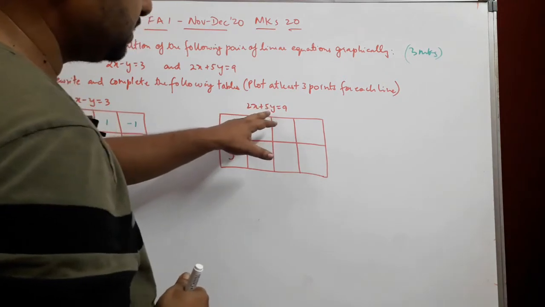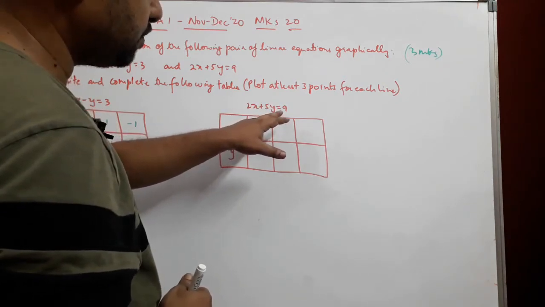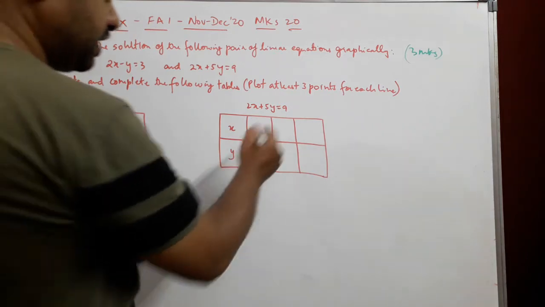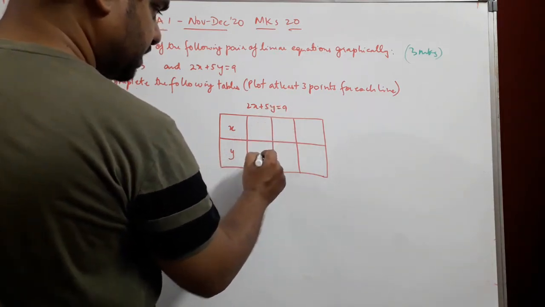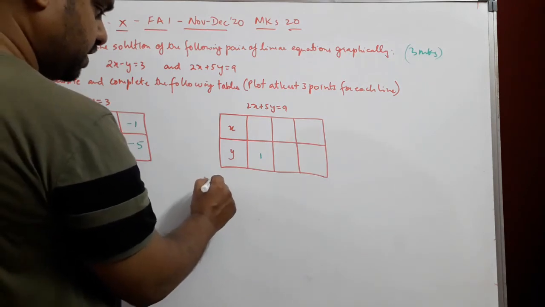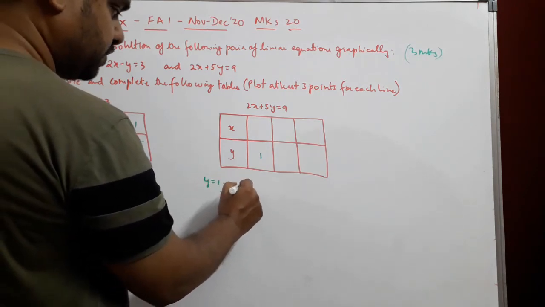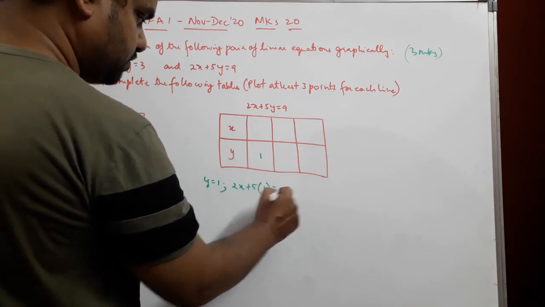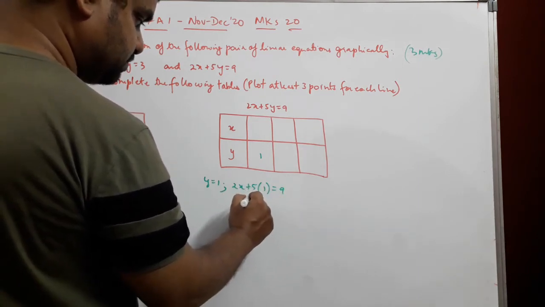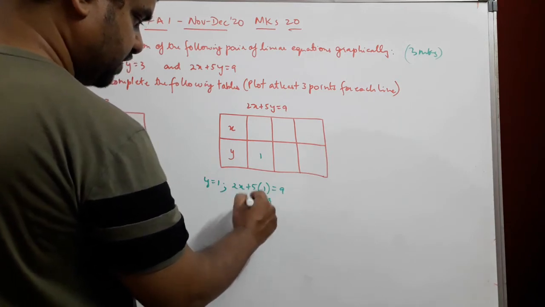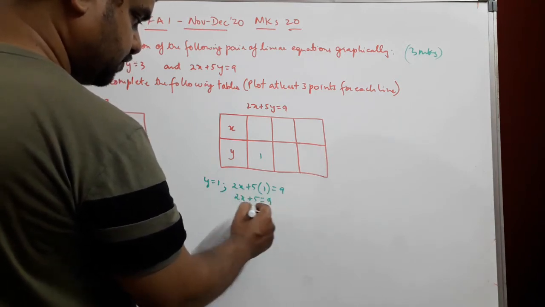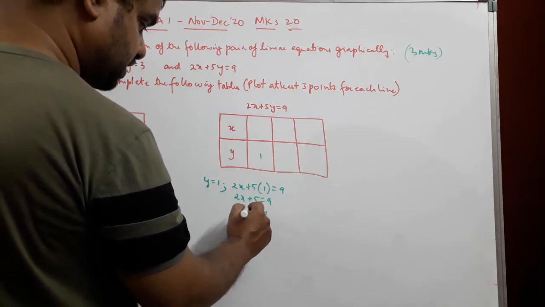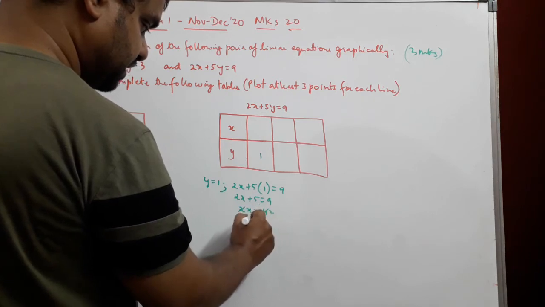So from the way I see it, let us try to take the values of y first, and that might make it easier for us. So I'll take y equal to 1. Let's see what we get. Okay, so y equal to 1, 2x plus 5, in place of y we put 1, equal to 9. So that will leave us with 2x plus 5 equal to 9. 5 I take on the other side, it becomes 9 minus 5, which is equal to 4, and that we can substitute. 2 1s are 2, 2 2s are 4, x we get equal to 2.